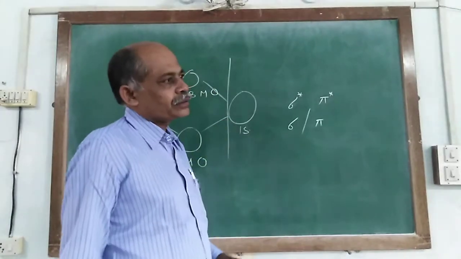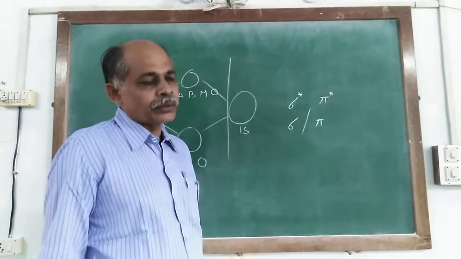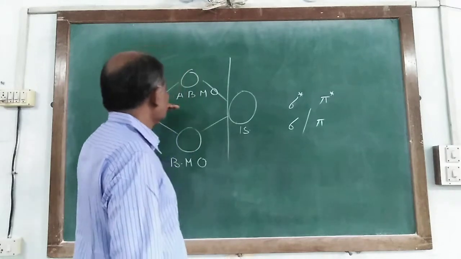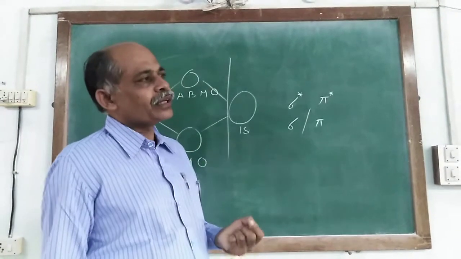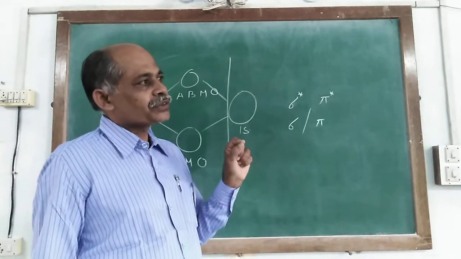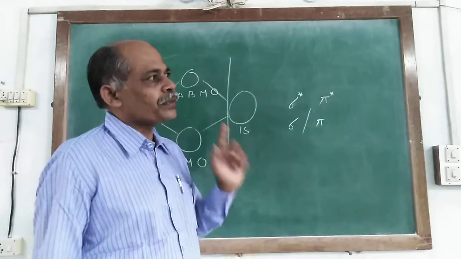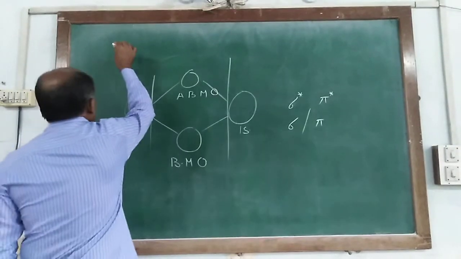Second is Hund's rule, and third is Pauli's rule. According to these three rules, the order of energy was written in the previous lecture, and it is